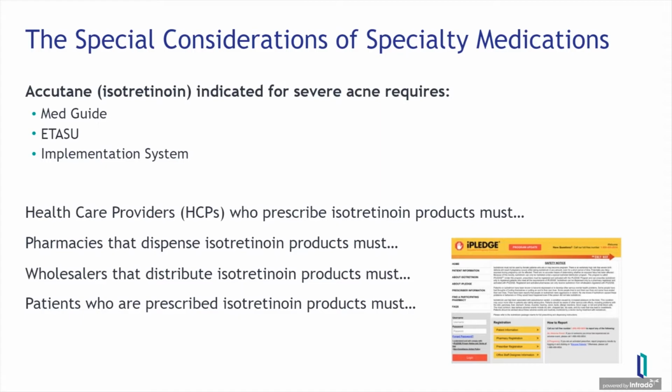The ETASU, which the various manufacturers of isotretinoin have branded iPledge, is this lengthy set of steps required to prescribe and monitor each patient. And then there's also an implementation system requirement, which is they've set up a secure web and voice-based interface to monitor pregnancy testing results and to link to monthly prescription authorizations. So each time a patient is considered for this drug, it generates this whole list of musts that have to